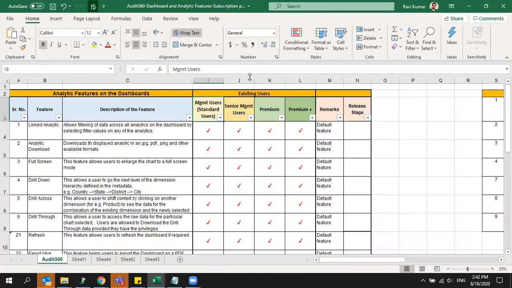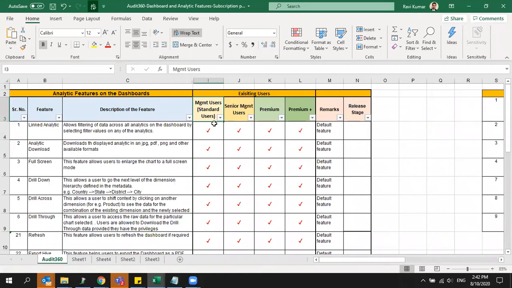Yeah, so now Ravi, you can explain the Plus features, and then we can do Pro and Prime. Yeah, actually, the current standard users, what we have given access is management users. We have bifurcated four levels of users called management users, senior management users, premium and premium plus, based on the feature access.